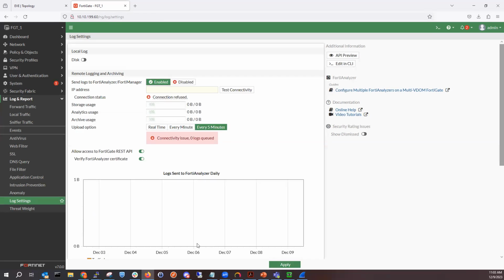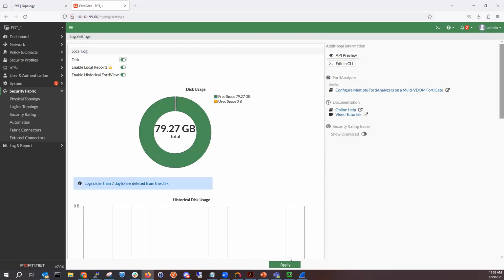Then it's going to ask us, hey, what's the IP address of either? It's going to test connectivity, then it'll start sending. This is how you can configure it. This is one way. Let me change this back, and I didn't hit apply somewhere. You can also configure,